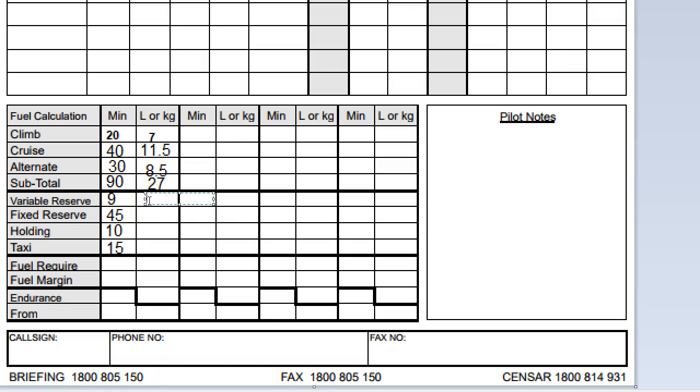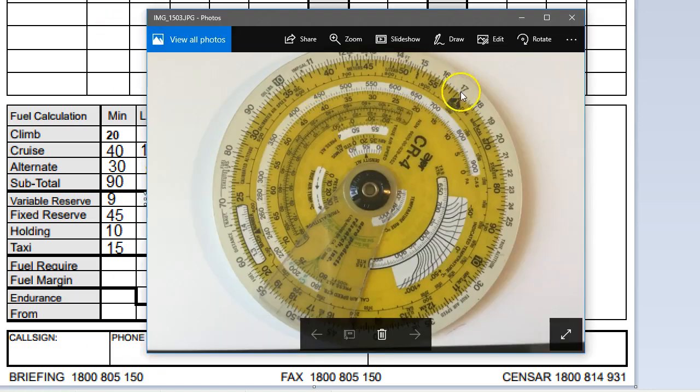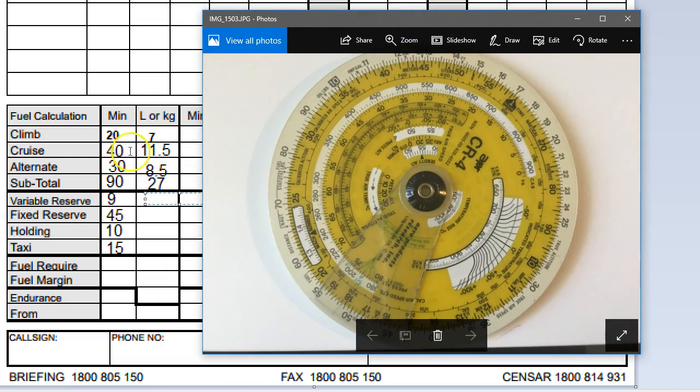Now, we now need to convert that to litres. So what I do is I set my 1 hour on 17 litres per hour on my flight computer. I'll bring you up a photo. So I've set the 1 hour mark on the 17 there. Now, what we need to do here is we're then just going to read off each of those. So 9 minutes, that's 1 hour. All we need to do is go all the way around to 9 there. Okay, and that is going to be